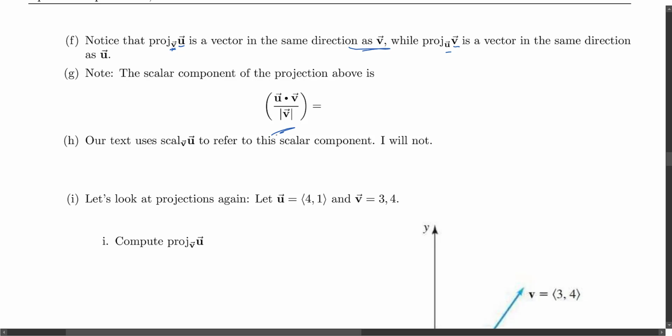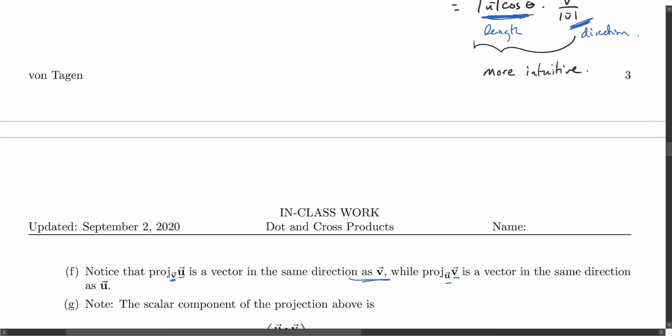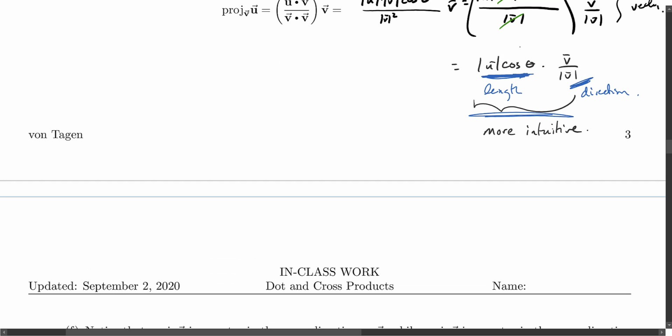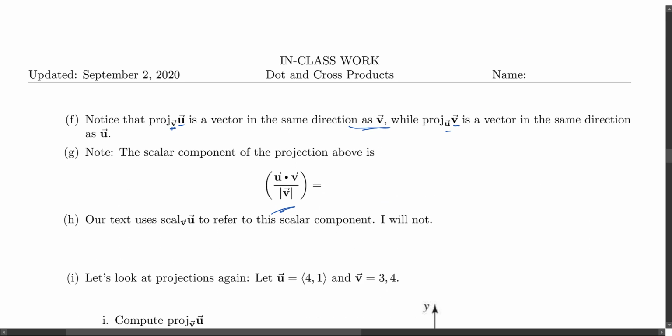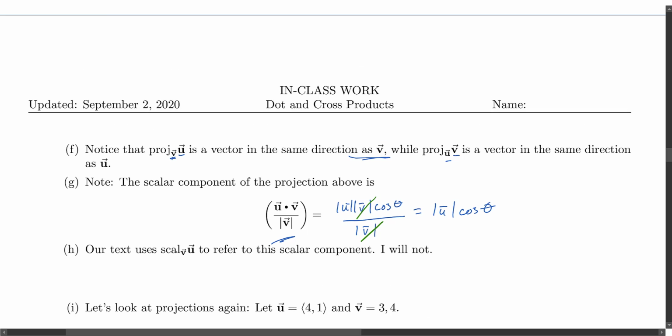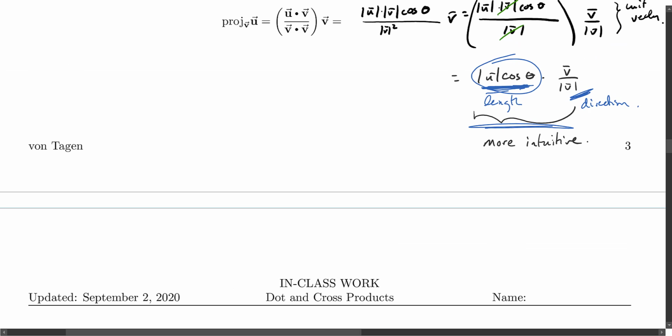We go ahead and write this as just the scalar component of the above projection, and you see that when I put it into this more intuitive format, there's the scalar component. And another way to look at that is that's the same thing as, well, this dot product here would be magnitude of u times the magnitude of v. Let me be careful with those times signs. The magnitude of u times the magnitude of v times the cosine of theta, all over the magnitude of v, and then if we cancel those out, then we would end up with simply the magnitude of u times the cosine of theta, which is what we said is the scalar component of the orthogonal